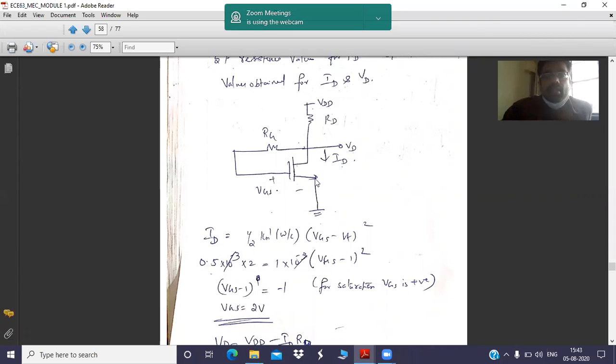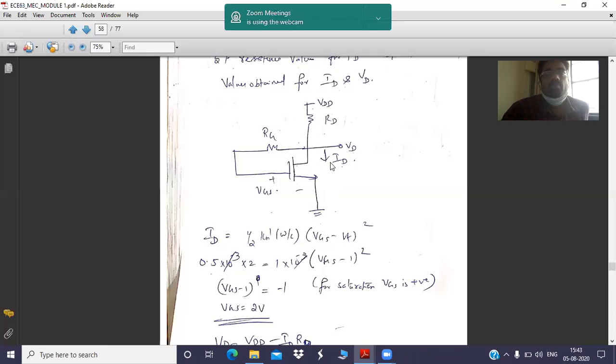I will tell once again. ID is the current which is flowing through RD, so the drop across RD is IDRD. The total power supply is VDD. You are expecting this much output. Clearly, I have mentioned this is your output VD. So to get this much output, you need to have some equation, or you need to consider some drop from the supply. This is the total supply. Out of that, some has dropped across RD. The amount of voltage dropped across RD is nothing but IDRD. Only the remaining voltage is coming across your output terminal.